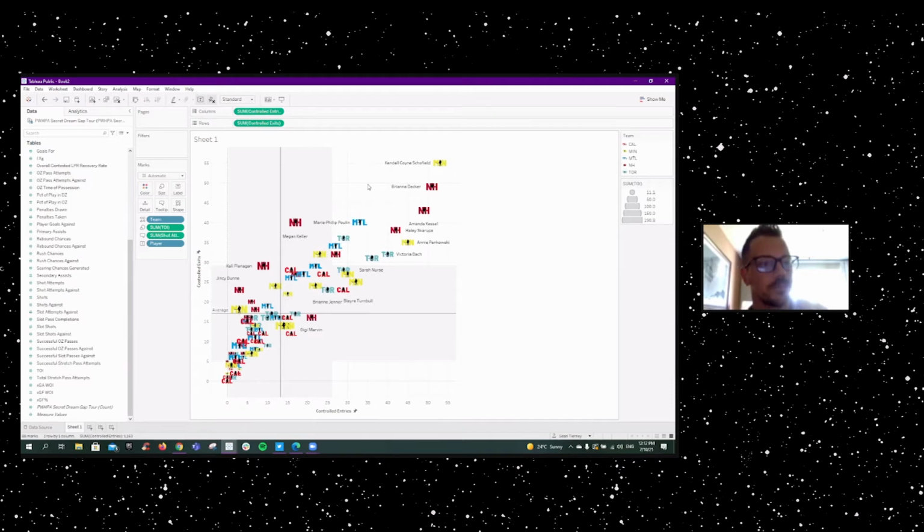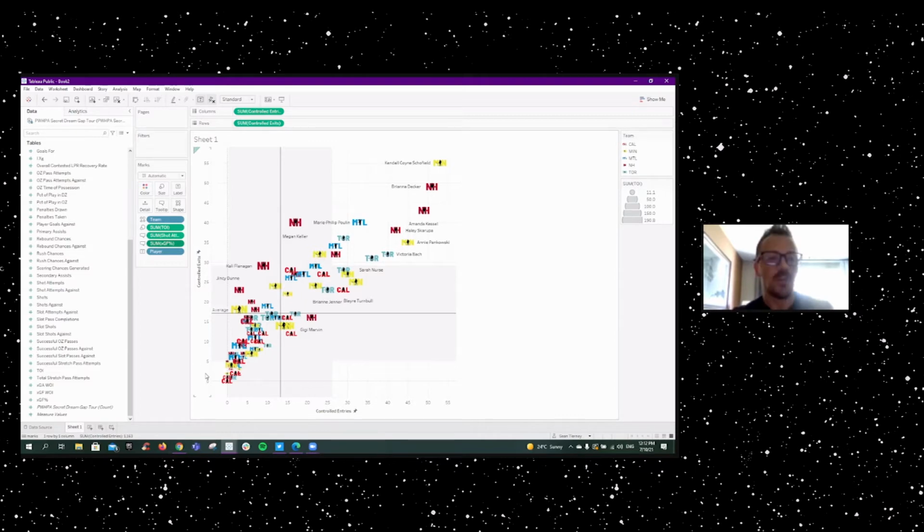So now we have a nice visual of our entries and exits at the player level. There are a million other things we could have done over here. We could have calculated some of our own metrics. Maybe we want to have expected goal share in the tooltip so that when we hover over Decker, we can see what our expected goals for percentage was. All sorts of different things that we may have chosen to do. But for now, let's leave it here so that we can hop over to the dashboard